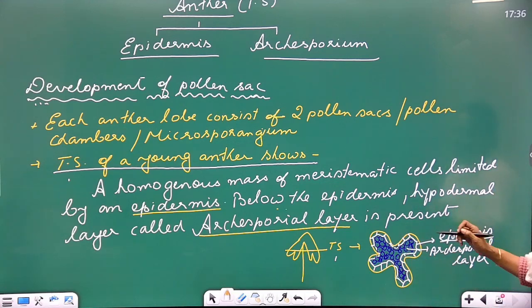However, we have used another word. Sentence to porisa? Whenever we go for a TS of an anther, we see a homogeneous mass of meristematic cells. Homogeneous mane eke type. Gutei cells bur almost eke, right? Meristematic cells mane